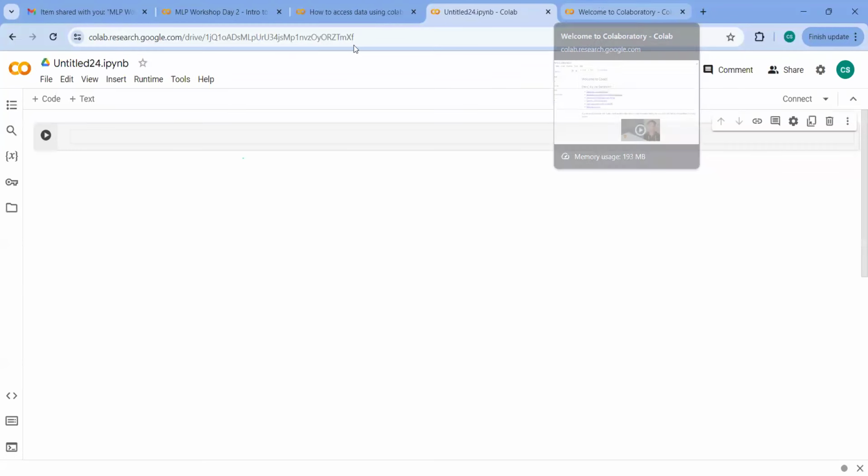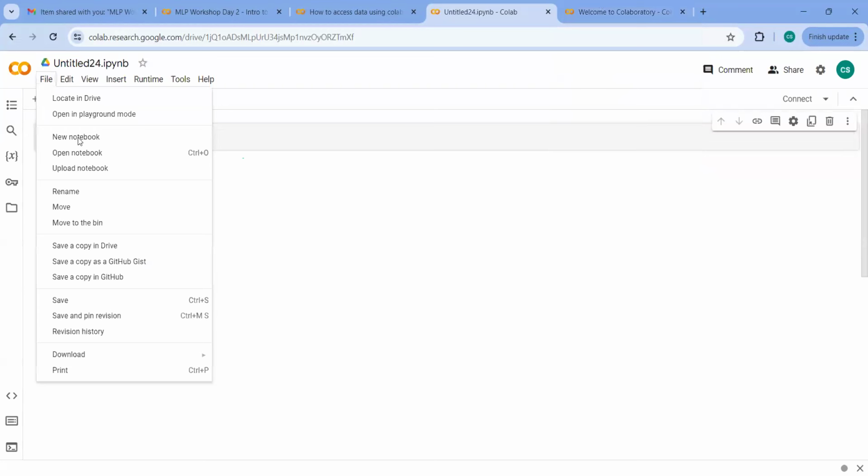So you can see a notebook if you want to change a few things, but you are not sure about it, how should I go ahead with the changes. You can turn on the playground mode, change it, and then see if it works. Then you can copy it and keep it. But it will not save the change. So whatever changes you make in playground, you have to save it somewhere. Copy it. You can open a new notebook, upload a notebook if it's there in your laptop, rename it,